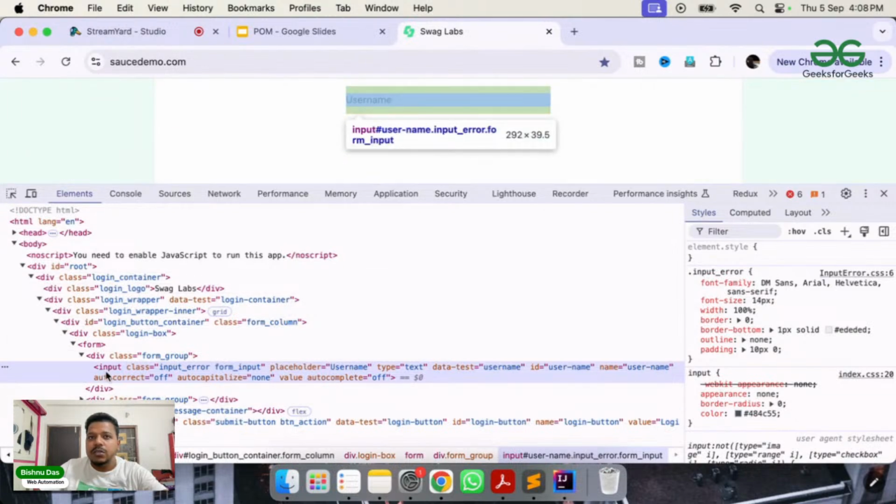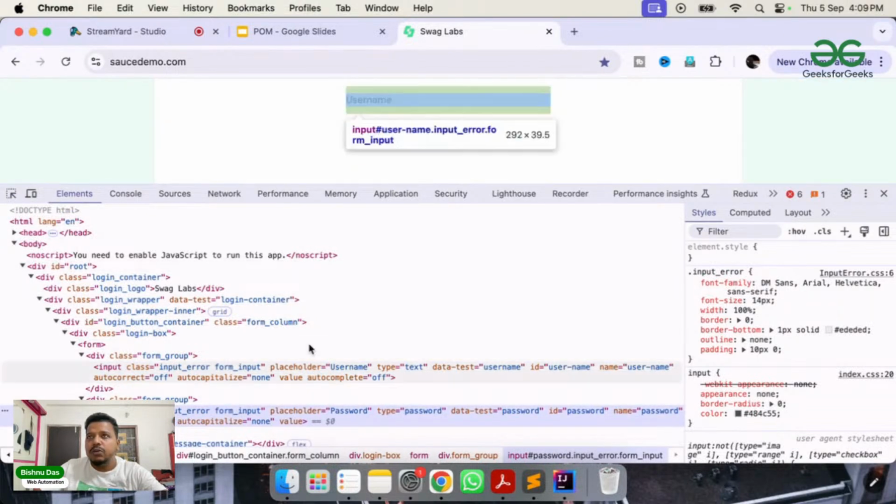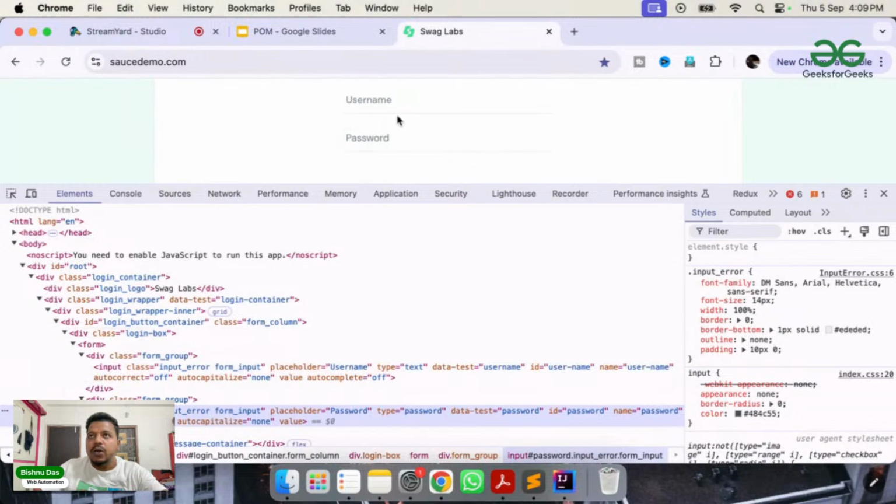That means the input HTML tag has been used to implement this field. Similarly, if I inspect this password, you see again the input tag has been used to implement this password field. And what are these things? Class, placeholder, type, these are the attributes of this particular input tag, and these are nothing but its values. So if you want to highlight a username, or enter anything in the username or password, or click on these items,